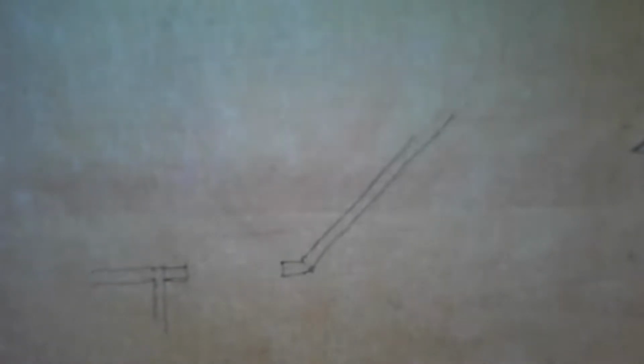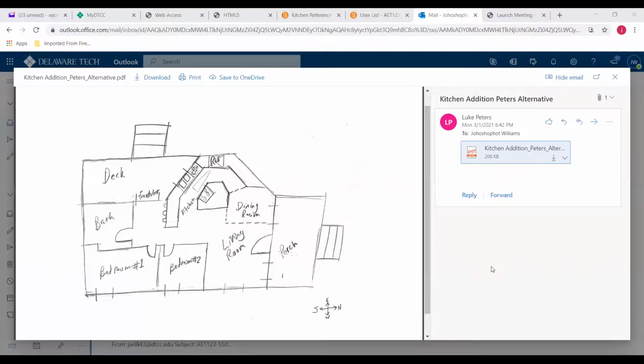Okay, of course. Let me go back to your sketch right here. And let me share it like this. Go back over here like this. And let me share it. Okay, good. All righty. Okay. Now,